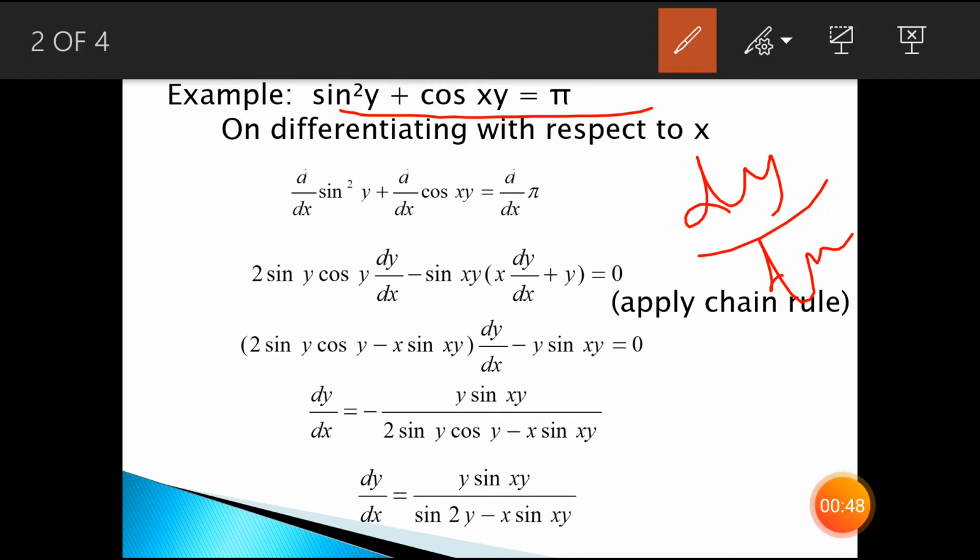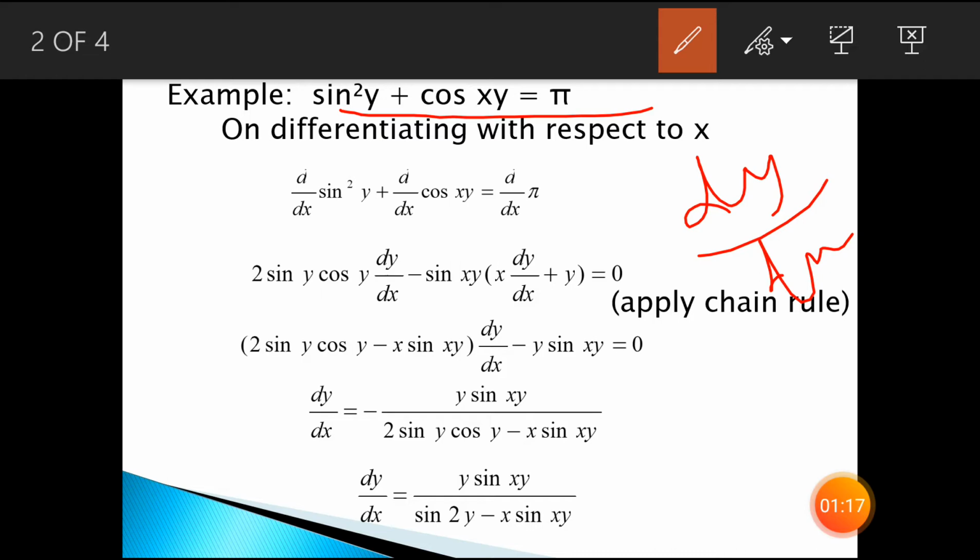In the last video, I discussed with you what is the meaning of implicit function and what is the difference between implicit and explicit functions. And I also discussed how to differentiate implicit functions by taking one example in that video. So if you have not watched that video, just go and watch. I'll share the link in the description box also so you can see it. Okay, so we want to calculate this.